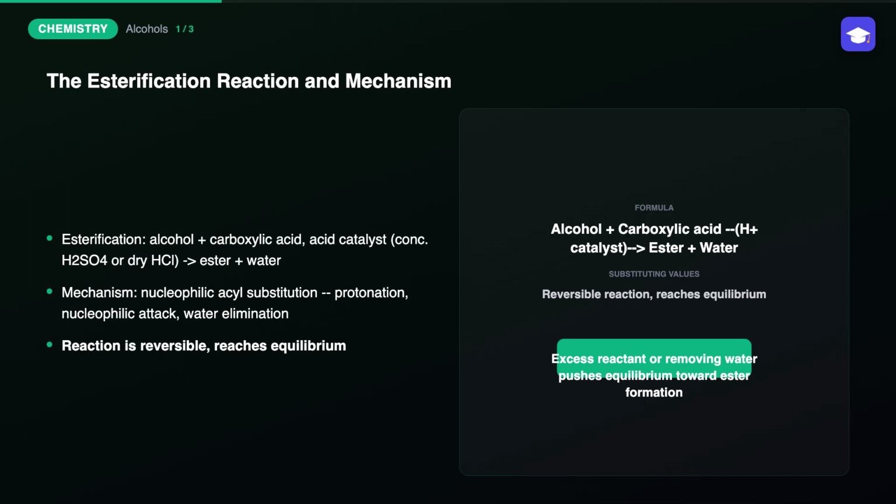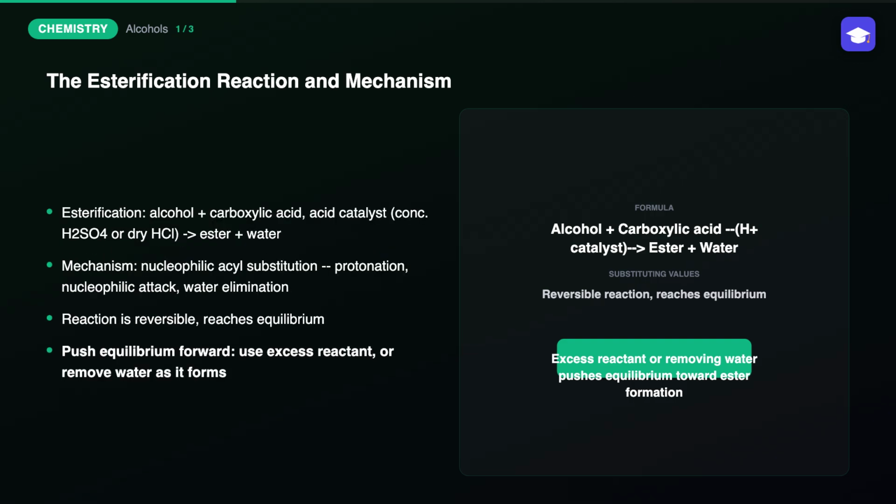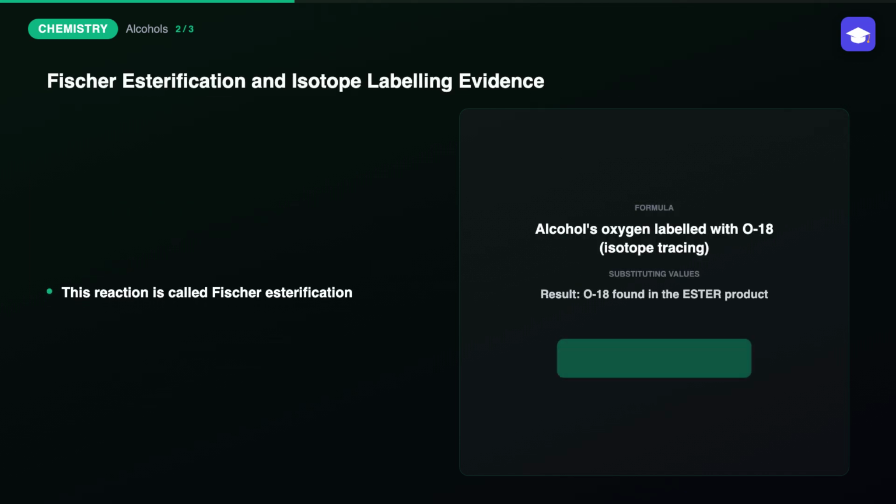This entire reaction is genuinely reversible and reaches chemical equilibrium, which is precisely why an excess of either starting reactant, or actively removing the water byproduct as it forms, is commonly used to deliberately push the equilibrium forward toward greater ester formation. This specific acid-catalyzed ester-forming reaction is named Fischer esterification, after the chemist who first thoroughly